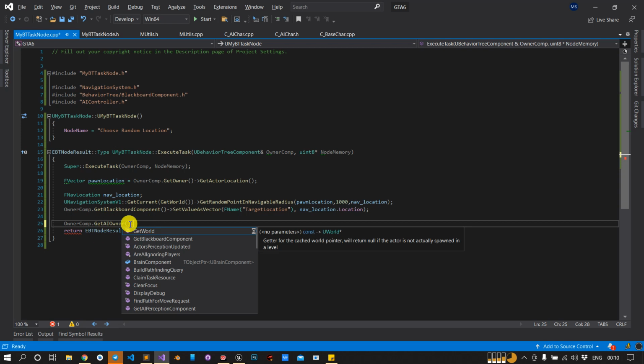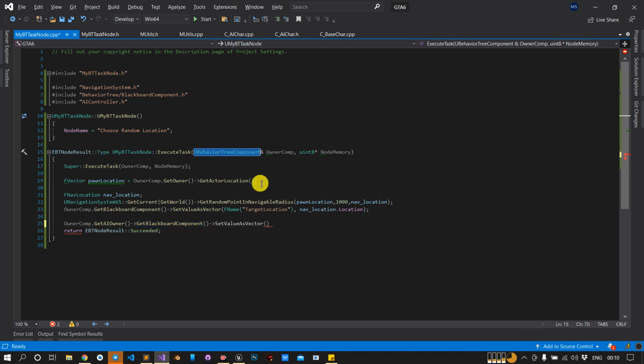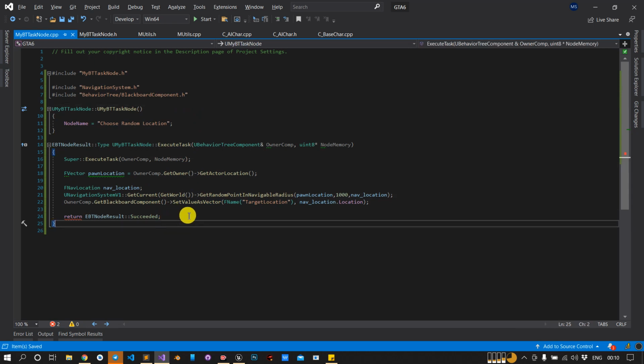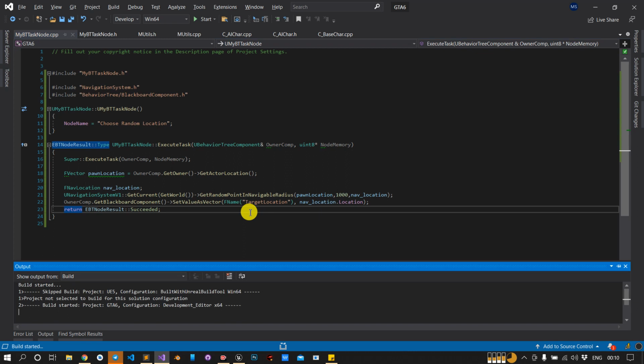So here we have our controller's GetBlackboardComponent. See, now I can do the same thing I was doing above, but we have the behavior tree component already, so we are doing this directly. Okay, so just delete this, and I don't need this too. And let's compile. Just Control S and Control Shift P.